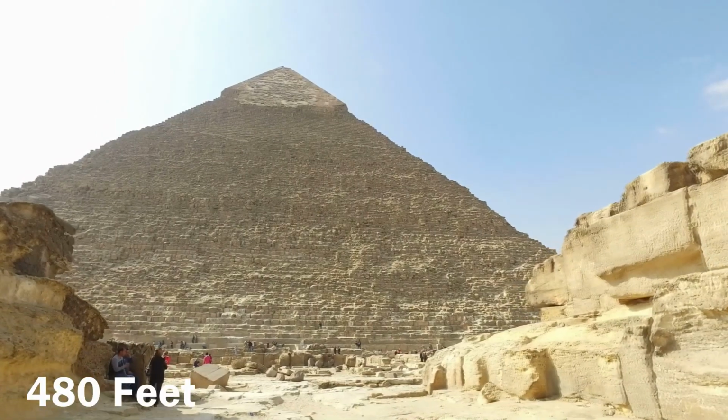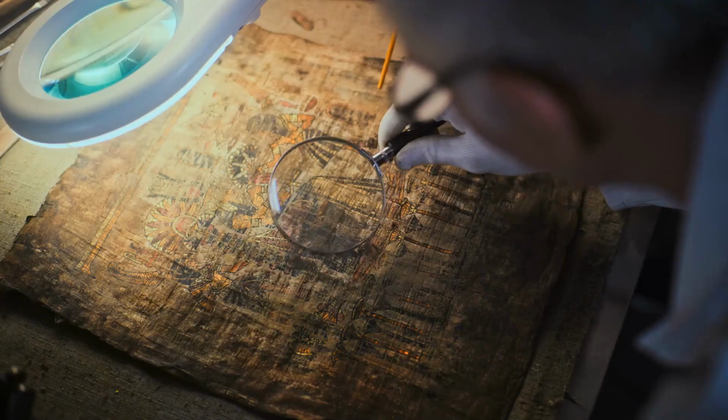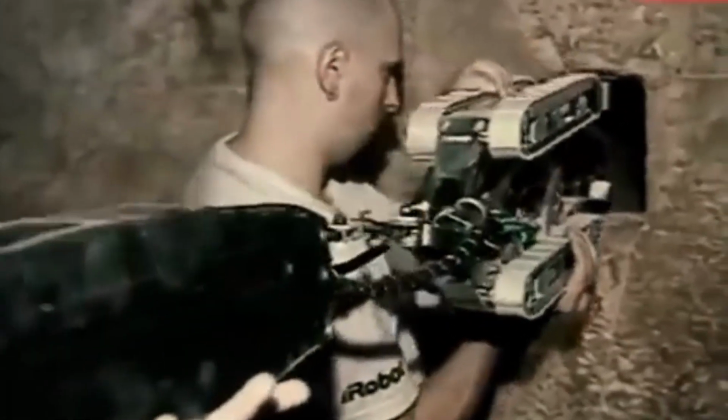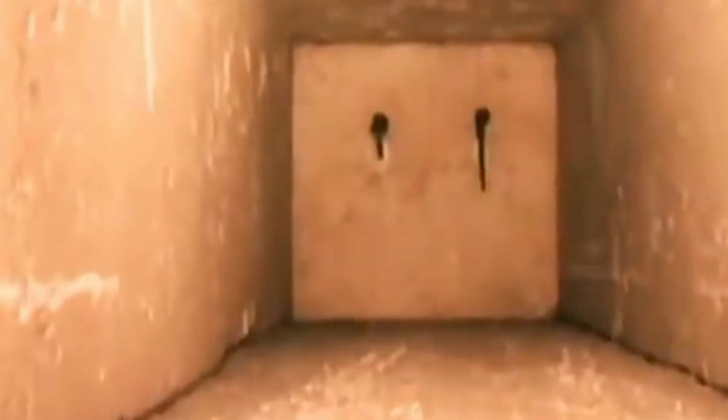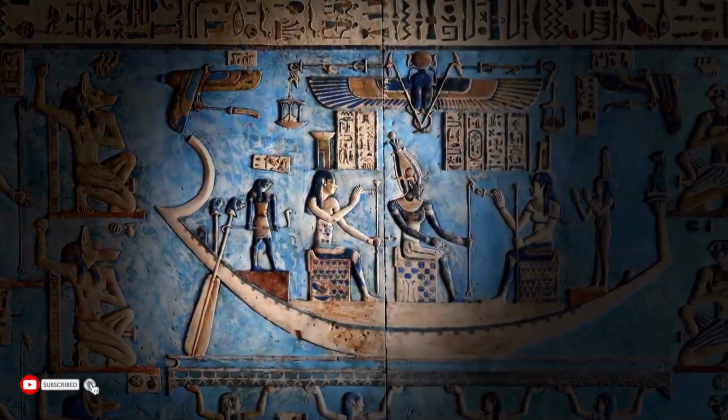At a height of 480 feet from the ground, there was something inside this 4,500-year-old pyramid that prompted researchers to send a robotic camera inside just to see it. The robotic camera stopped at one point because it encountered a stone slab in front of it. Researchers believe that there must be some secret hidden behind the slab that has been buried for the past 4,500